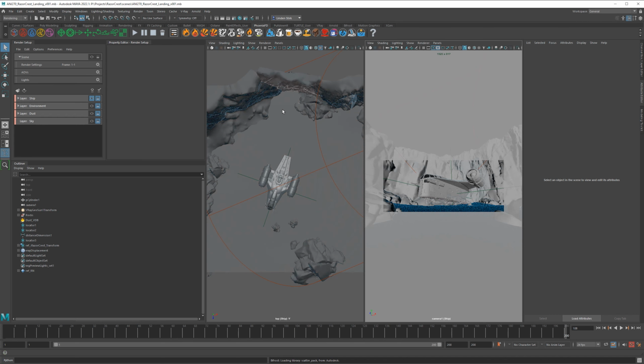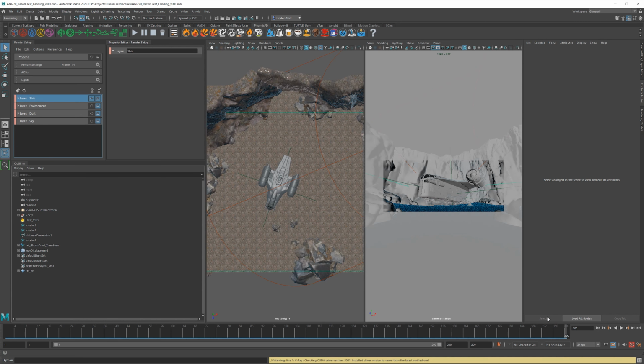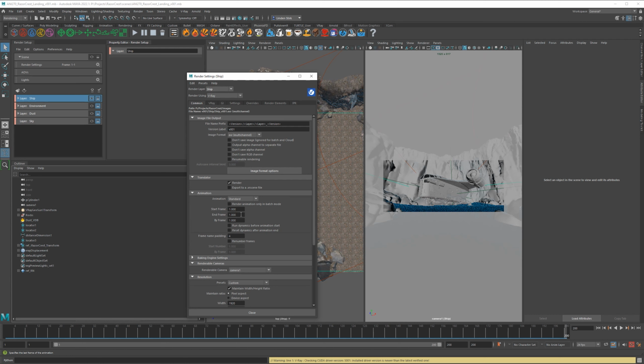So I'm going to go to frame 200, and if you are on the PLE version, you need to go to render settings. And in this case, I want to set my start frame to 200, and my end frame would also be 200. Of course, we're not rendering a sequence. I just want to show you that last frame in After Effects. So we need to set this up like this. When you're doing your full sequence, it will be 1 to 200, but just for right now, we're doing that.